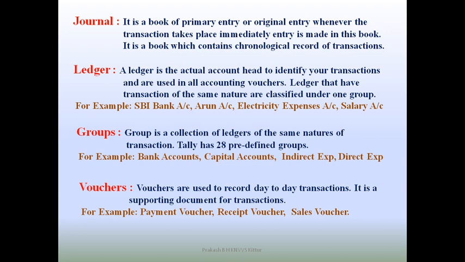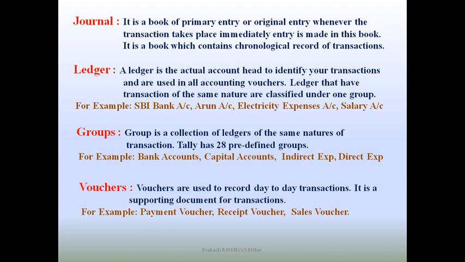And capital accounts. In the capital account, capital is the owner's investment. If there is a partnership, we have different names of ledgers, for example, Arun account, Asha account, Baswaraj account, etc. These all come under the capital account group. And indirect expenses. In a company we have different types of indirect expenses, with different ledger heads. These are all ledger heads that come under the indirect expenses.